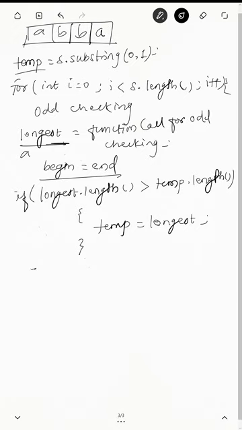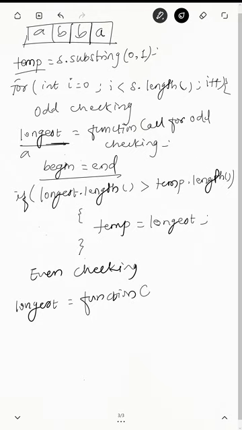After that we are going to call it for the even checking. In case of even checking, longest is equal to the function call. The odd function call and even function call will be the same, only the change is in begin, which is equal to the index value initially, but end will be begin plus 1.